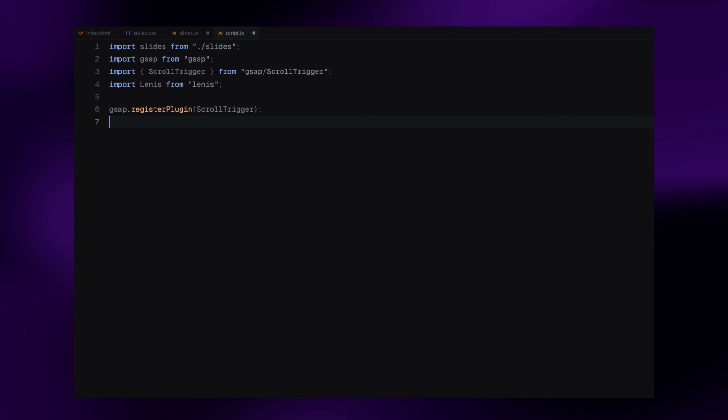Now let's dive into the JavaScript. First, I'm importing everything we need for this project. We are bringing in our slides data from the slides.js file along with GSAP, ScrollTrigger, and Lenis for smooth scrolling. Don't forget to register the ScrollTrigger plugin with GSAP, which I'm doing right after the imports. Then I'm wrapping everything in a DOMContentLoaded event listener to make sure our code doesn't run until the